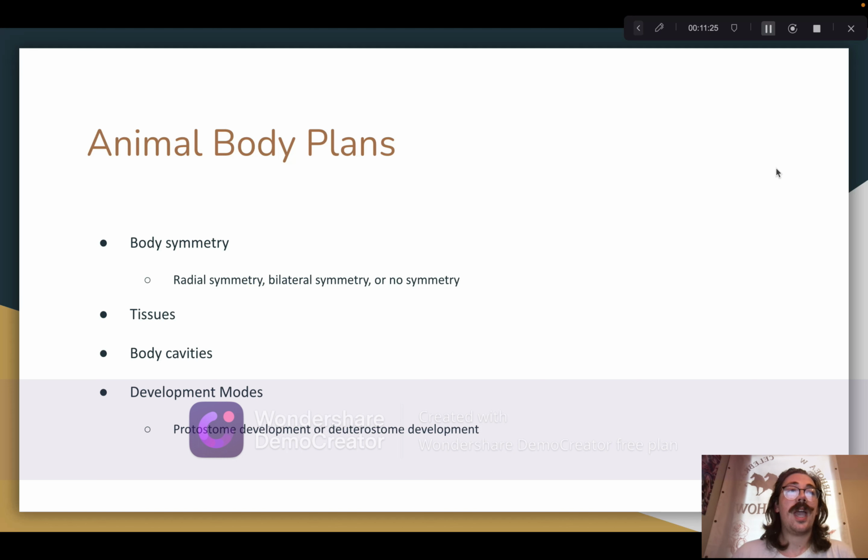So let's talk about body cavities now. The vast majority of animals have a fluid-filled body cavity of some sort. Fluid meaning it could be a gas, it could be liquid. But a fluid-filled body cavity of some sort that provides protection, supports structural integrity, supports the internal organs, and facilitates resource transport within their bodies.